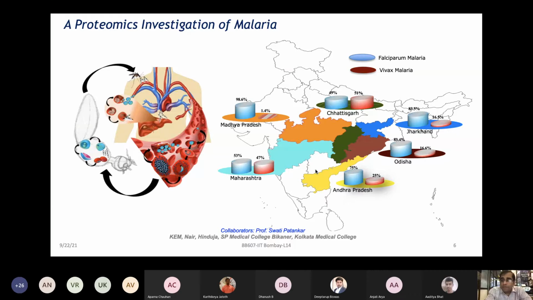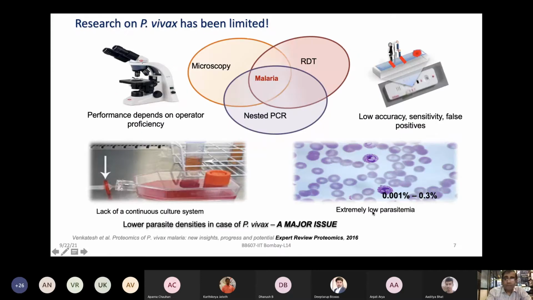And when we were meeting the clinicians from KEM Hospital and other centers in Mumbai and other places in India, it was primarily only falciparum, with very few samples of vivax. Now the trend is totally reversed. You can see how dynamic the interplay is between pathogens, and how some take over others, right? So a lot of interesting epidemiological observations can be made separately.